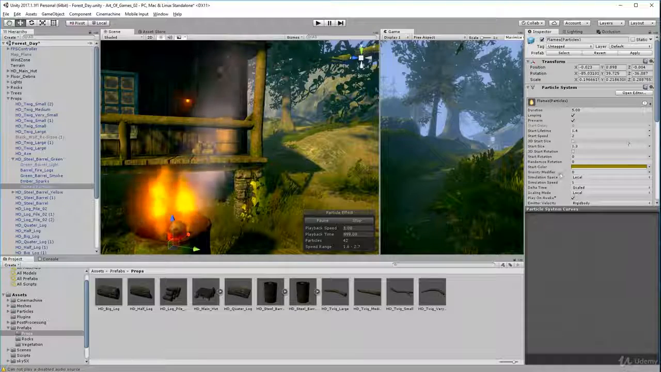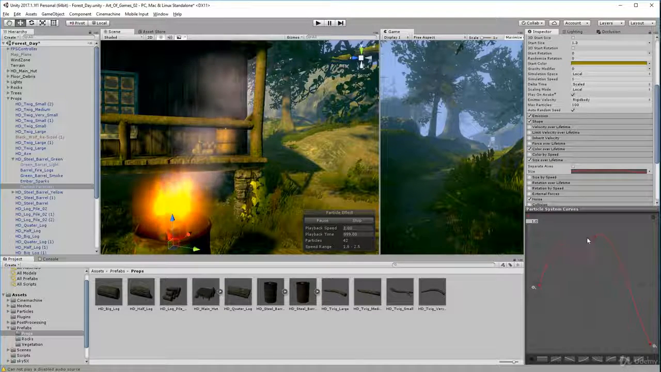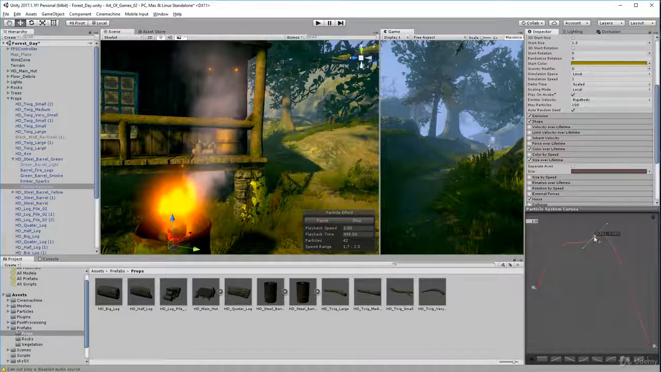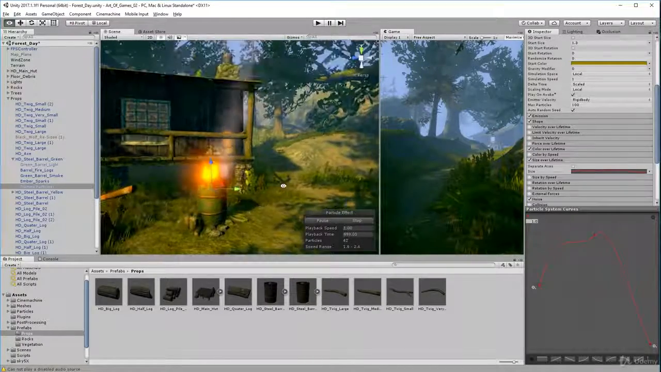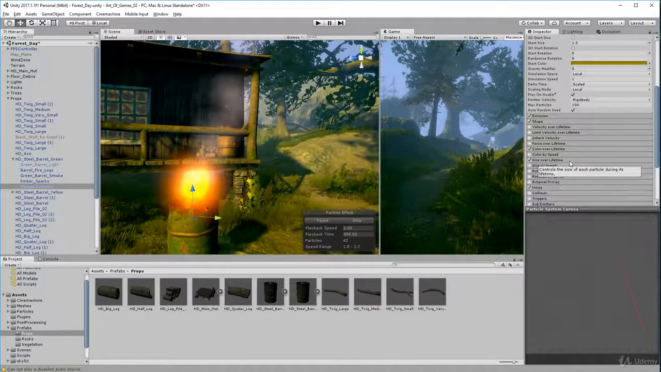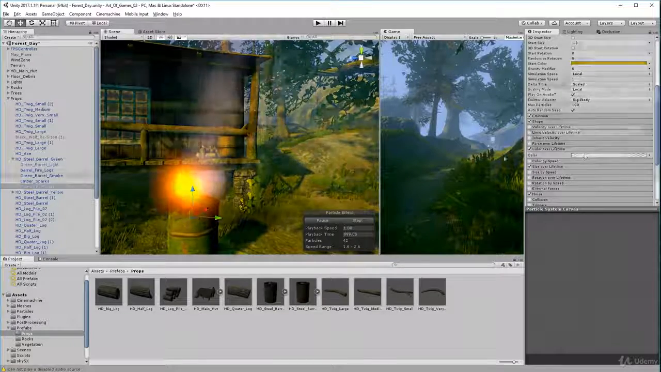And then it grows. I use size over lifetime to grow it. So it starts off at 0.5 and grows pretty big. It can even grow a bit bigger if it wants to. It grows pretty big and then shrinks to nothing as it dies, which is what we want it to do. Color over lifetime is just changing the alpha. I've kept it white,